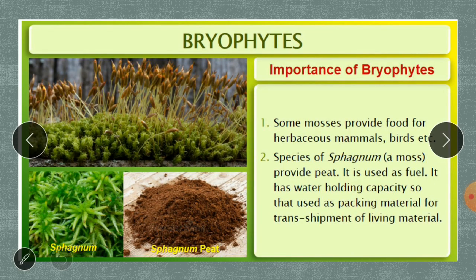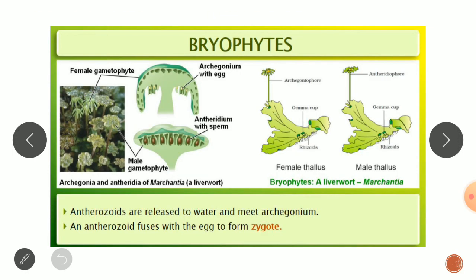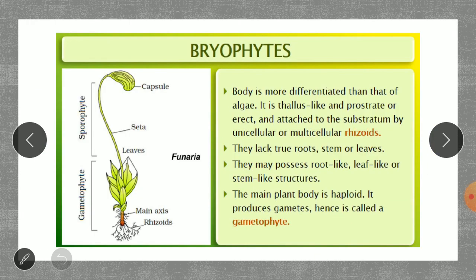So what is happening over here is a little bit complex type of reproduction, you can say. First, the male and the female give the male and the female gametes. These male and female gametes form the zygote. But when it forms the zygote, instead of producing a new plant or new seeds, what is happening? A sporophyte is produced. Now what is a sporophyte? Here you can see the sporophyte.